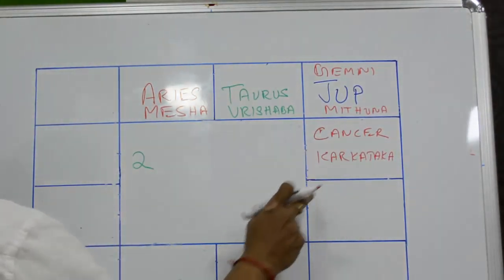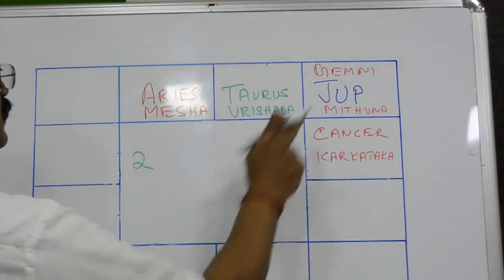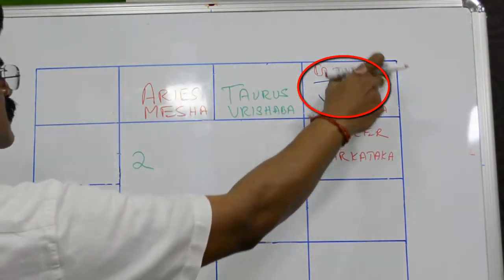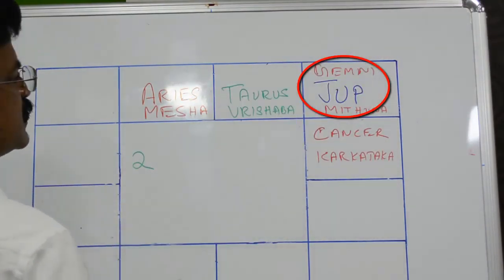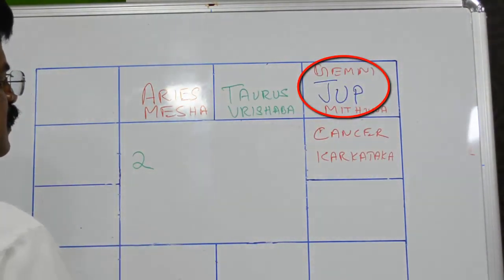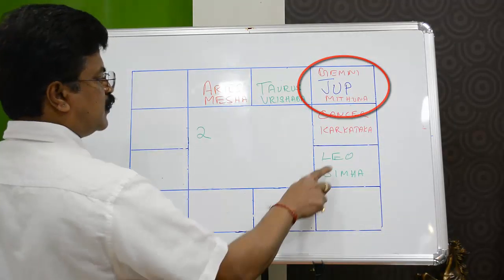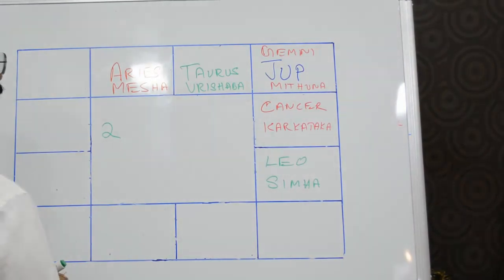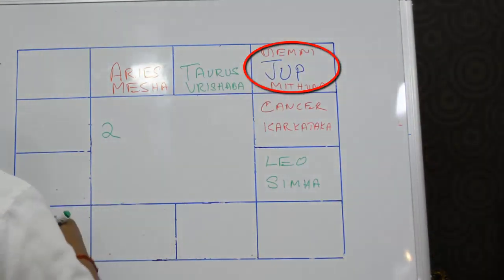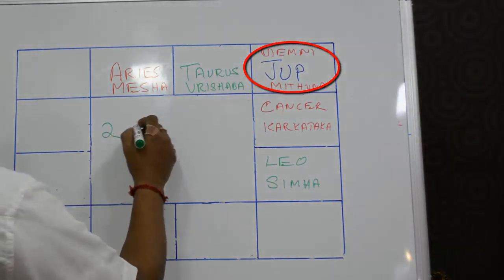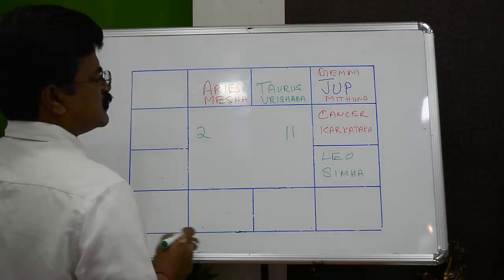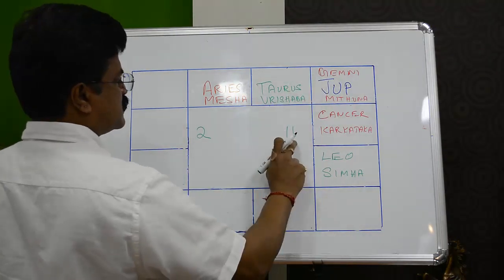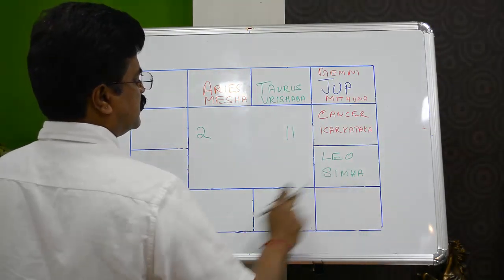If your moon sign is Cancer or Karkataka Janma Rashi, then Jupiter is in your 12th house. You count from here 1, 2, 3, and then you reach the 12th house where Jupiter is currently placed, and Jupiter is not good in the 12th. For all those people who are born with the moon sign Leo or Simha Janma Rashi, Jupiter is in the 11th, and therefore it is a good place. You count from here 1, 2, 3, 4, you will reach the 11th house, and the 11th is a very good place. That's why I've done it in green.